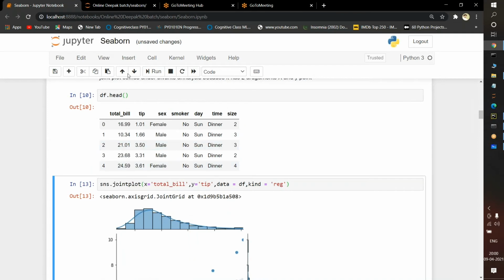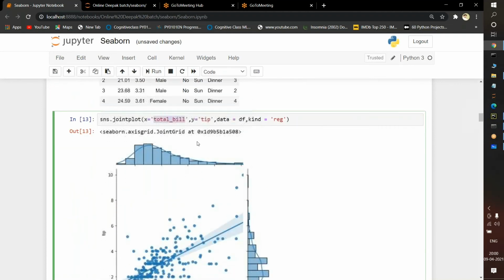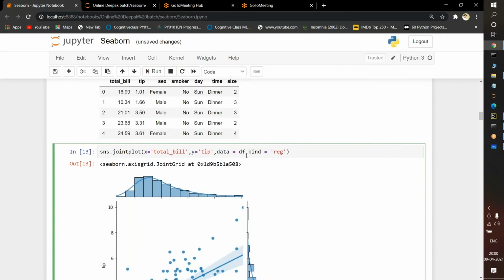Now what I am doing here is, for this total bill and this tip, only for these two features, I want to plot the data. So on the x axis I am using total_bill, and on the y axis I am using tip. data equal to df, which means, what do you mean by data equal to df? df is the variable which is holding my data. Yes or no? We need to pass here data equal to df. And if you want to see the parameters, press Shift plus Tab here.